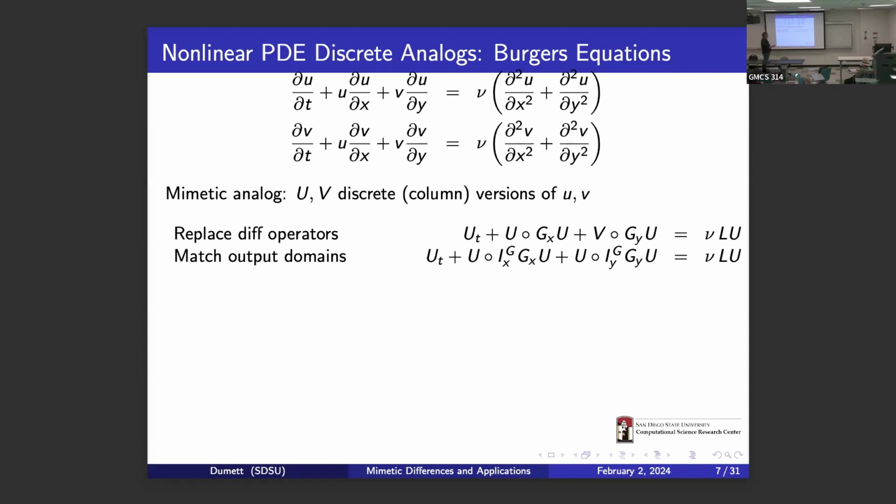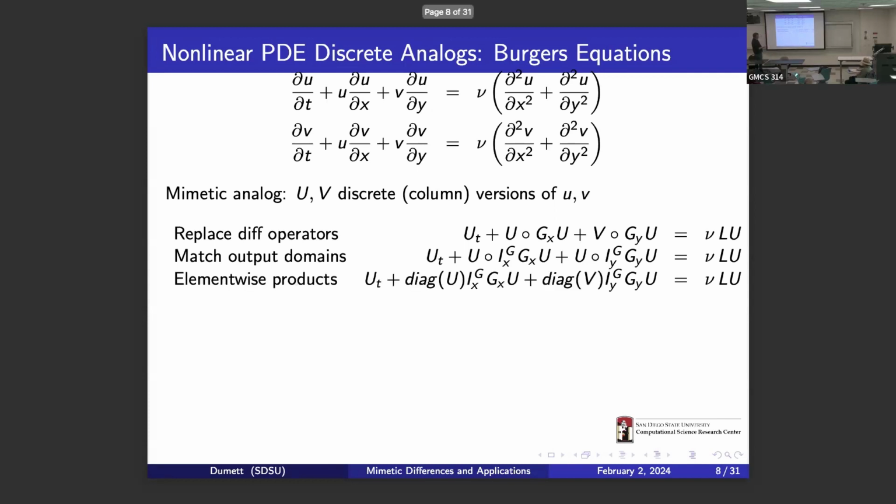Okay, but I want to convert this element-wise product into a matrix times a vector. And for that, I introduce... I'm sorry, just to be clear, when you're saying vector, you really mean array. Array, yes, sorry. And u and v are scalars here. Yes, defined on a center, on one of the grids, yes.